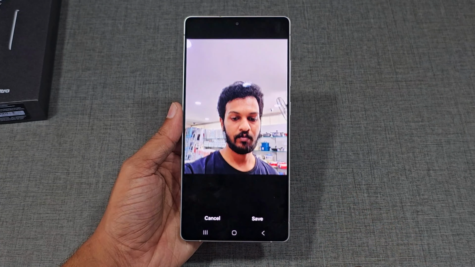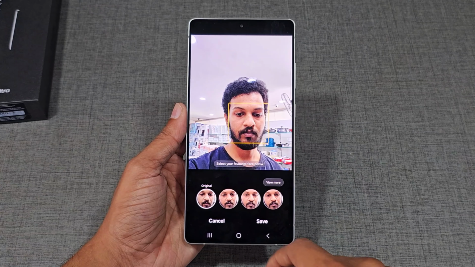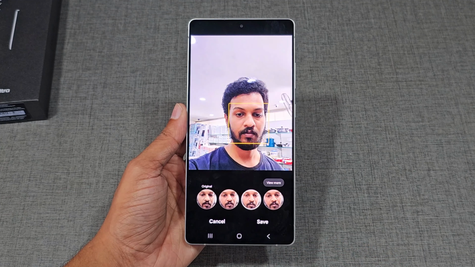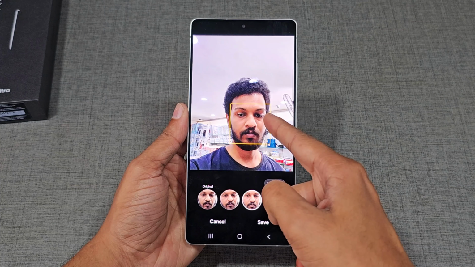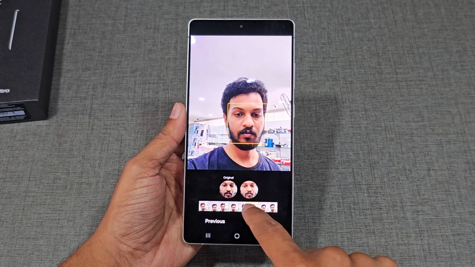we have choose best face option just like Pixel phones. This feature helps in a lot of ways to find the best face. This feature can also be used for multiple faces in a group photo. Here we can also find the view more option which can be used to select any of the best frames